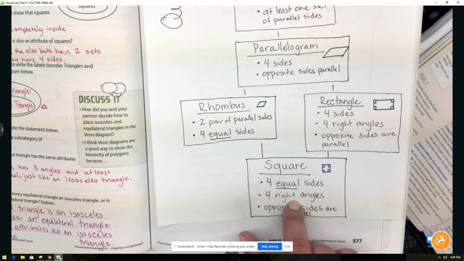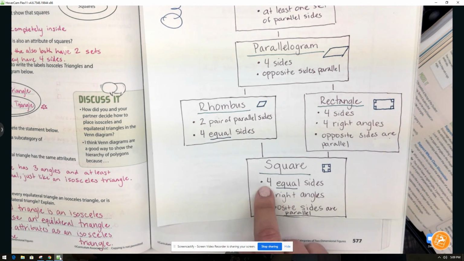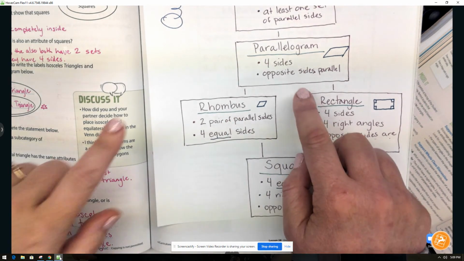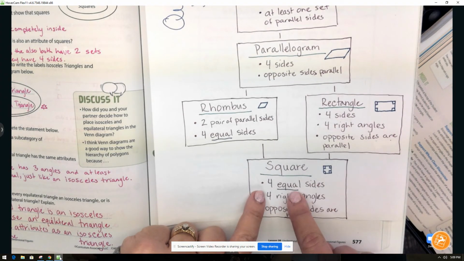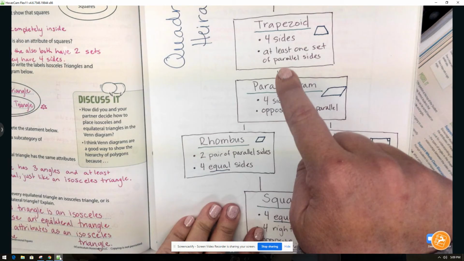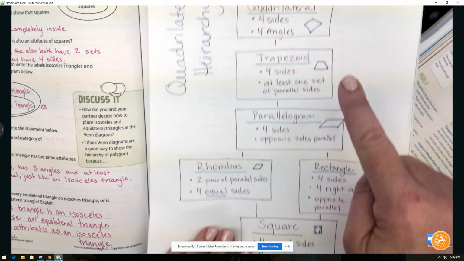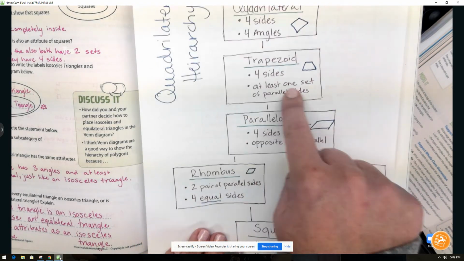A square has 4 right angles that a rectangle has, and a square has 4 equal sides that a rhombus has. So we kind of branch off for a bit and then come back together. So all squares are rhombuses, rectangles, parallelograms, trapezoids, quadrilaterals, and polygons, because they are a subcategory of all of these